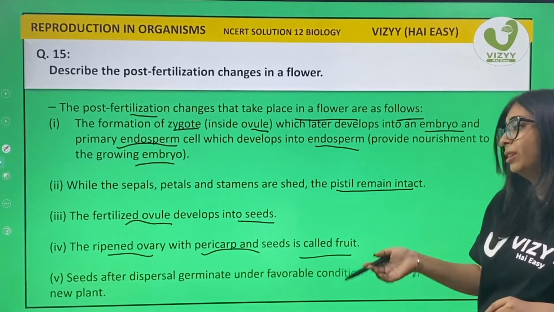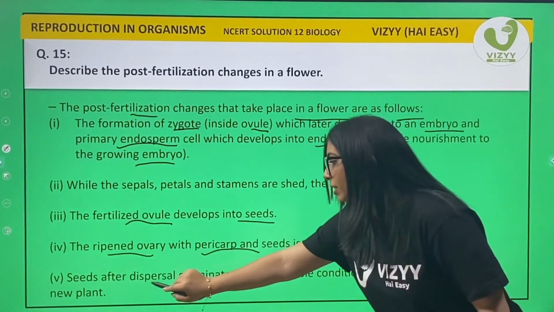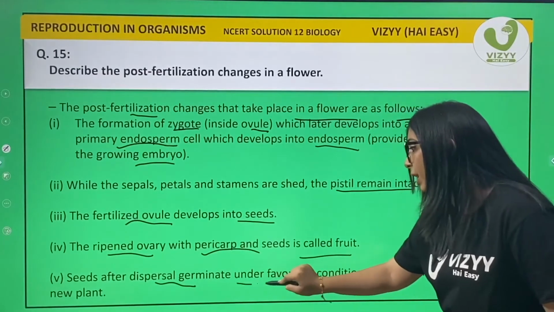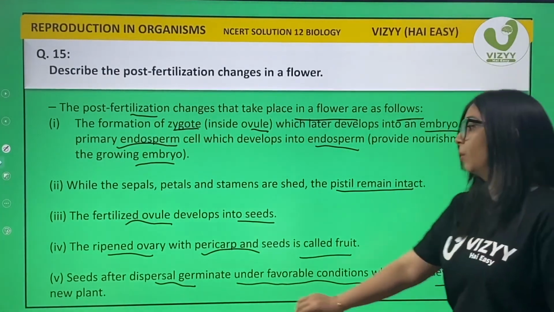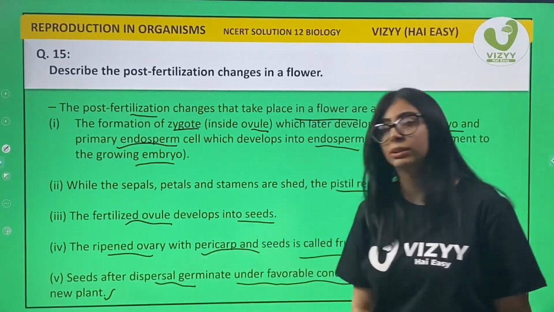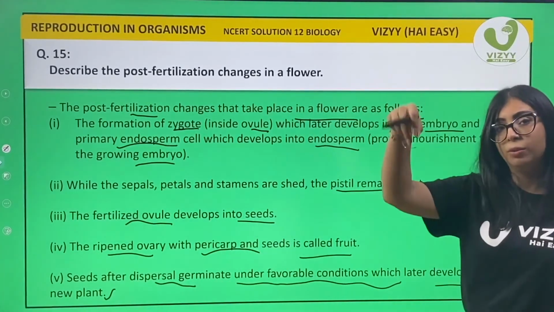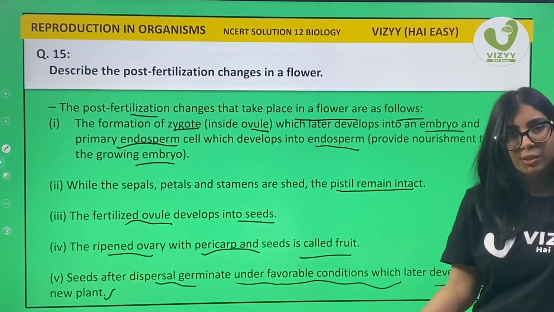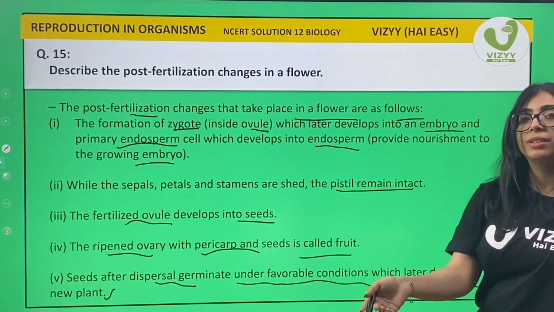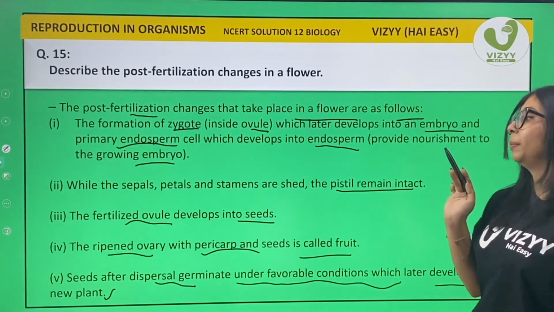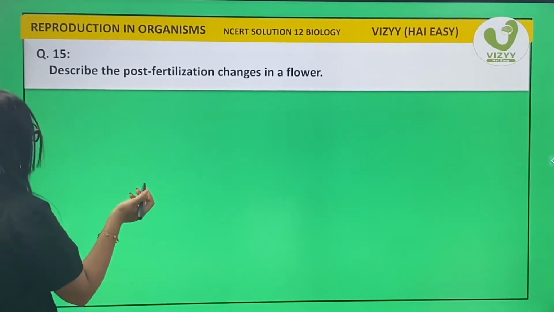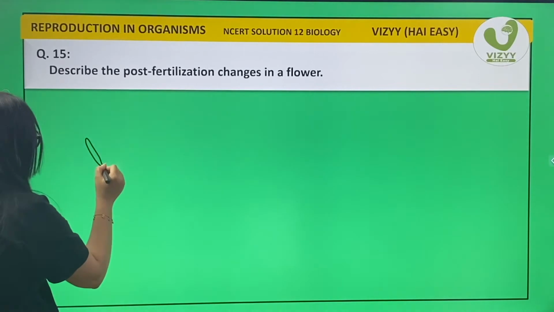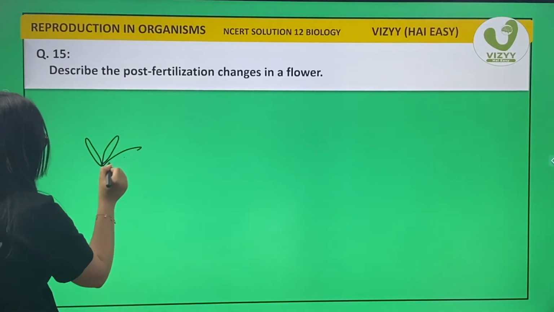So lastly, the seeds after dispersal germinate under favorable conditions, which later develop into a new plant. So for a new plant, you need to put seed in the soil, and thus from that particular seed, we'll get a new plant. Let's see. Diagrammatically, what you're supposed to show, what you're supposed to understand is,